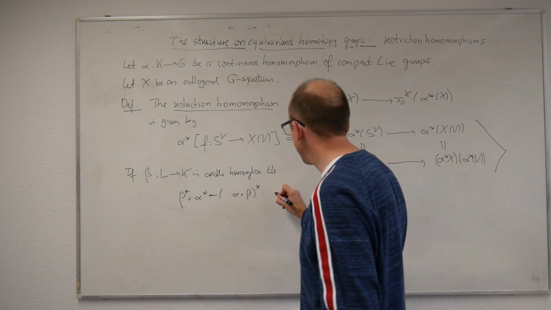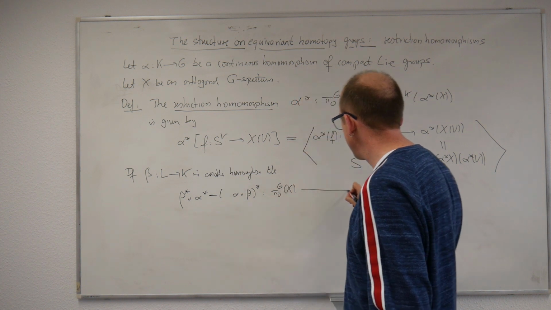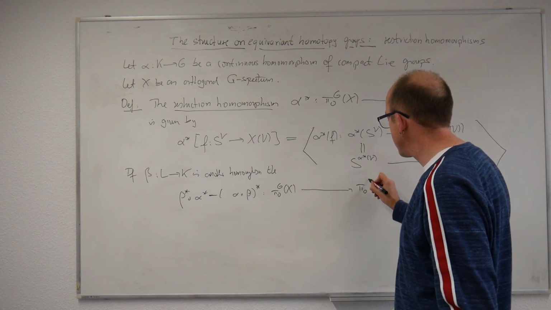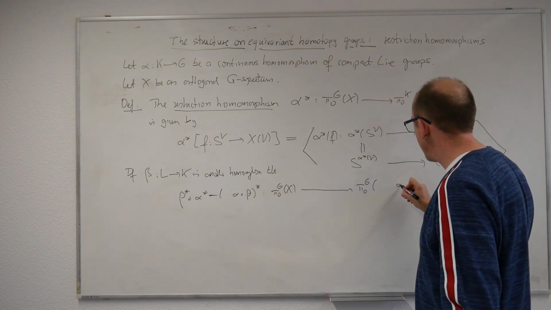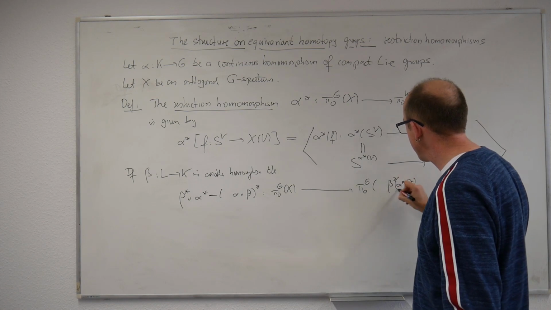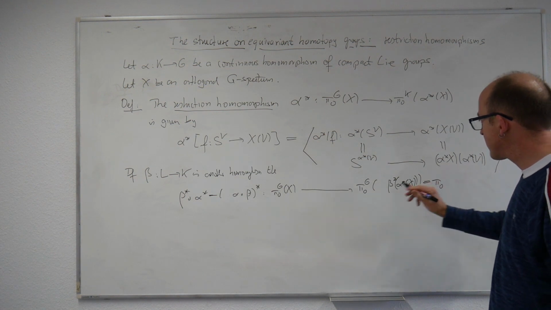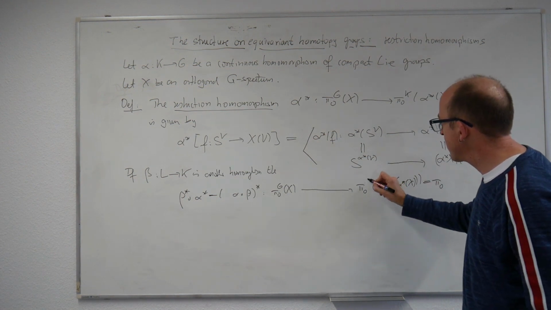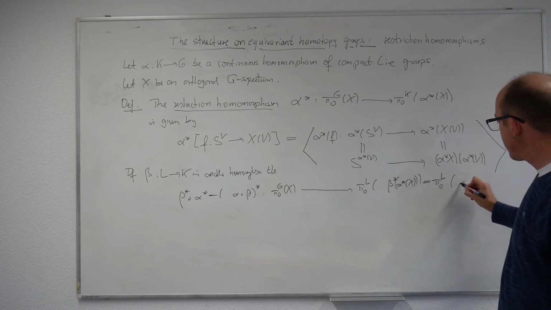These will be two homomorphisms starting at pi 0 G-equivariant of x, going to pi 0 L-equivariant of, well, the former one would really go to alpha upper star of x, beta upper star of x, but you can quickly convince yourself that this is the same as alpha after beta upper star of x,